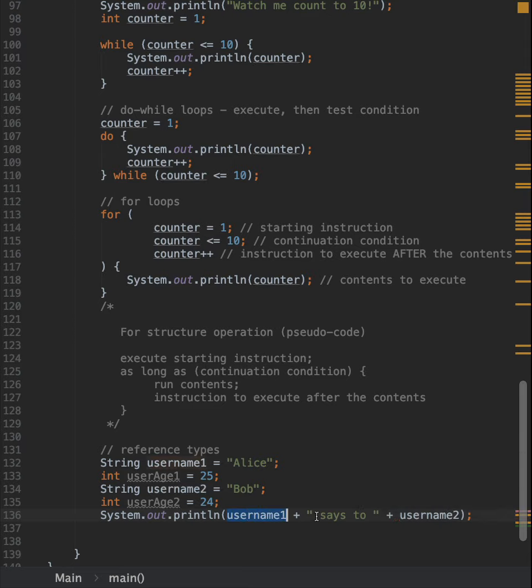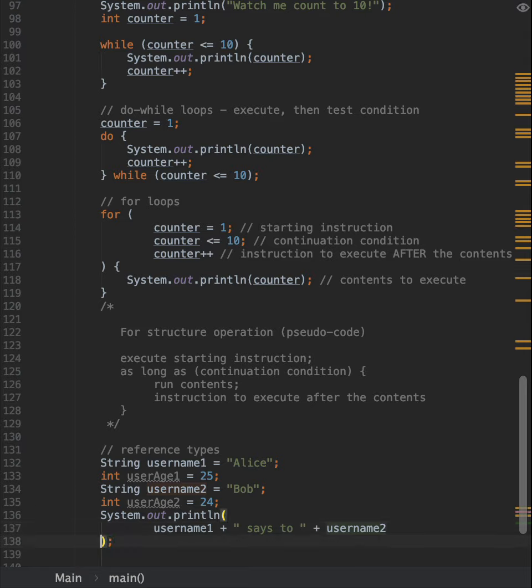So Alice space says to space Bob, and I'm going to print this on a separate line. In Java you can do that, so you can separate the argument of print line on a separate line, and then I'm going to add another plus, and I'm going to add in the following string. I'm going to say colon space happy birthday